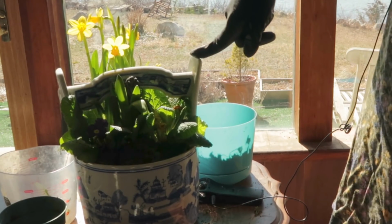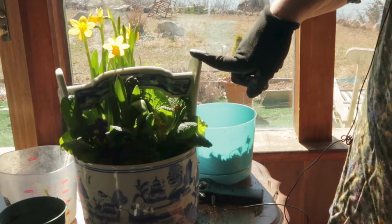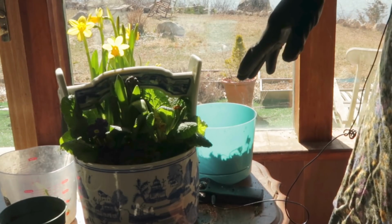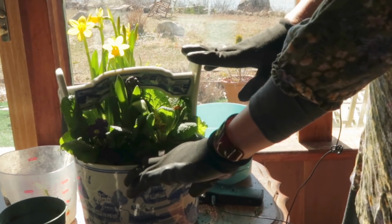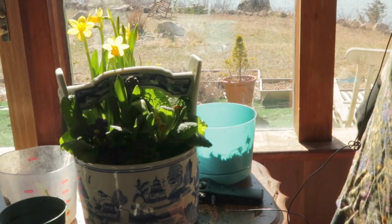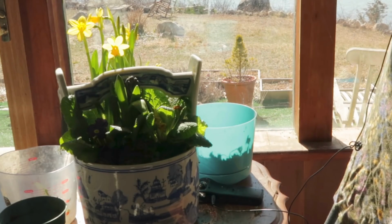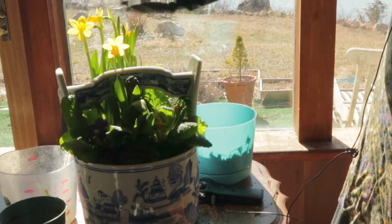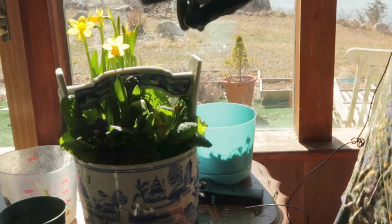I was going to do some more unboxing. I bought more of those seed starting systems and do more seeds, and I did start some, but I think we'll do more seed starting in next week's vlog. So but for this week I wanted to have some plant, and based on the primrose I snuck from the garden in early February on our faux spring day, I was inspired to head down to the garden center and get some early bulbs,